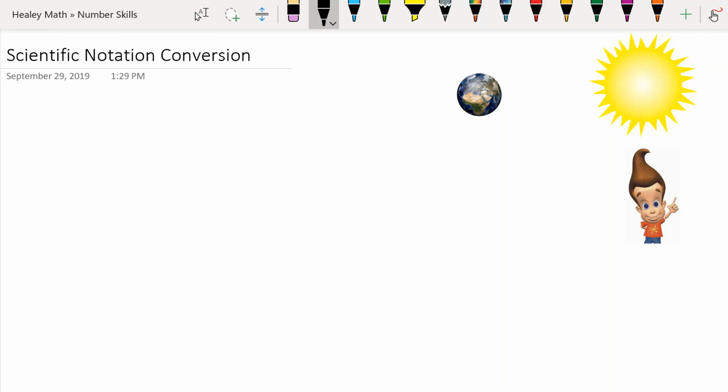Today we're going to be looking at scientific notation conversion. For those who are new to scientific notation, we use scientific notation to express really large numbers or really small numbers. For example, if you were to search the distance from Earth to the Sun,